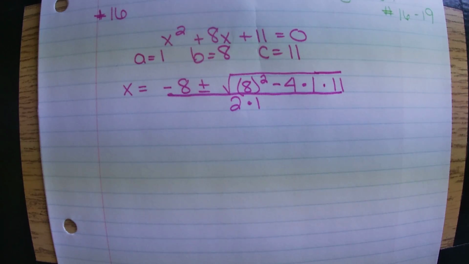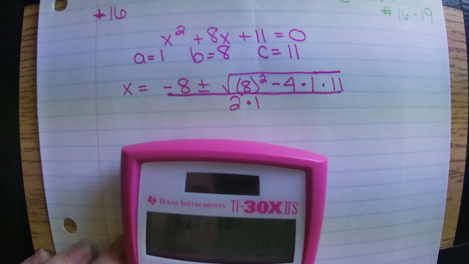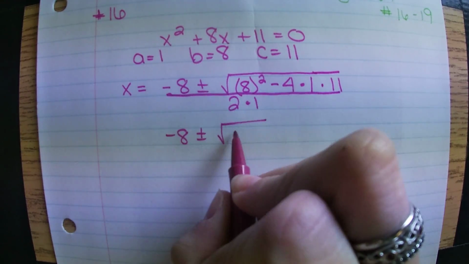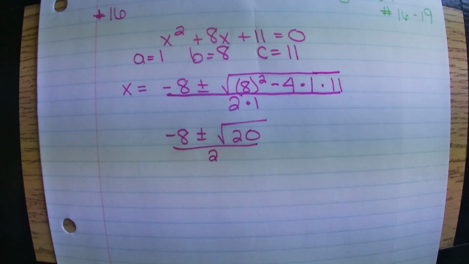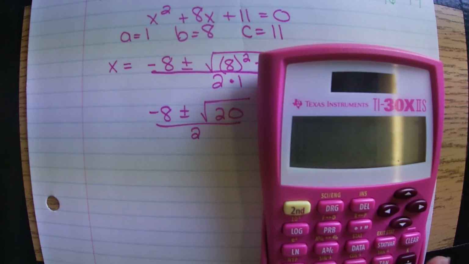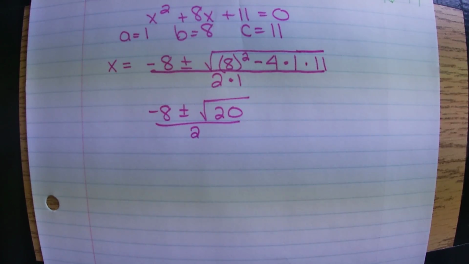Okay, so if we start simplifying underneath the square root, either with a calculator, by hand, whatever, we'll have 8 squared minus 4 times 1 times 11, so we get 20. It says negative 8 plus or minus the square root of 20 all over 2. We then said we would check that square root to see if it's a perfect square. So if I check the square root of 20, getting this big long decimal in my calculator says that it's not a perfect square